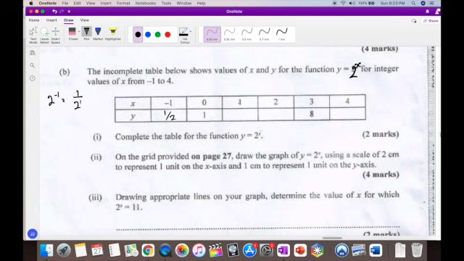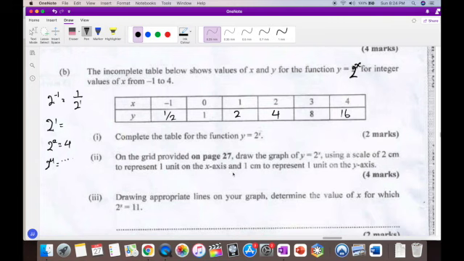We could see here that when x is 1, y will be 2 to the power of 1, which is 2. We can see here that when x is 2, y will be 2 squared, which is 4. So x will be 4. 2 cubed is 8, and 2 to the power of 4, 2 2s are 4, 2 2s are 8, 2 2s are 16. Okay. So on the grid provided on page 27, draw this graph using the scale of 2 centimeters to